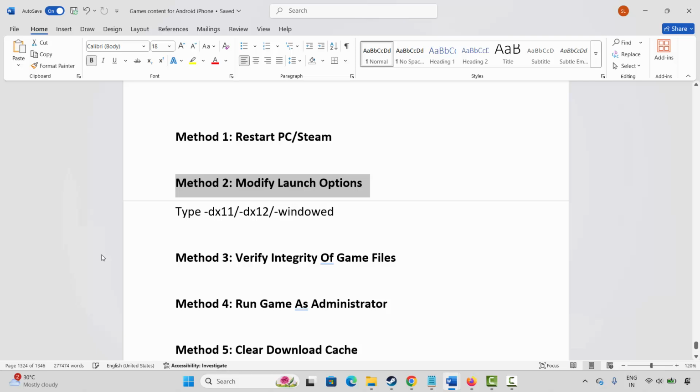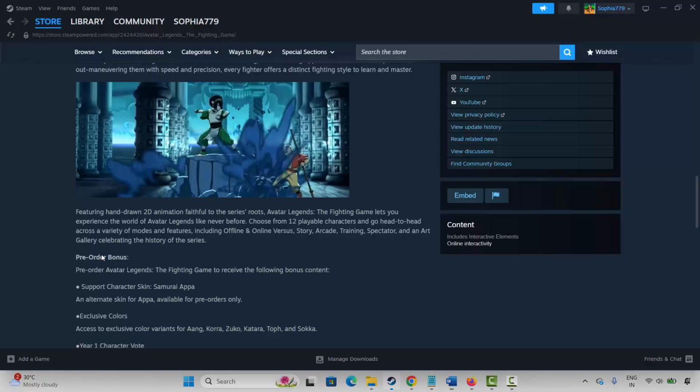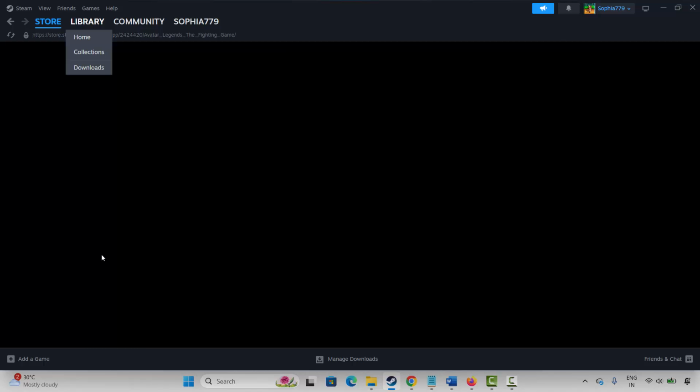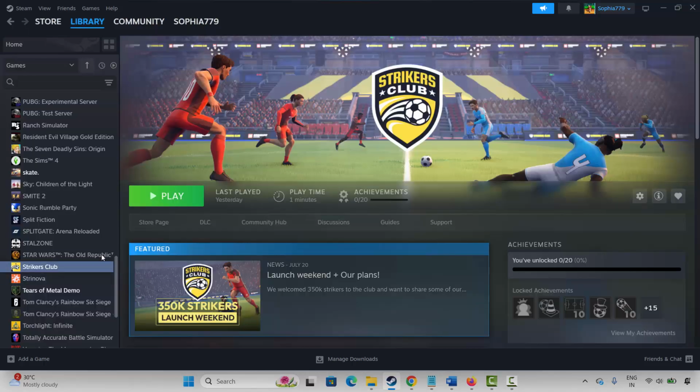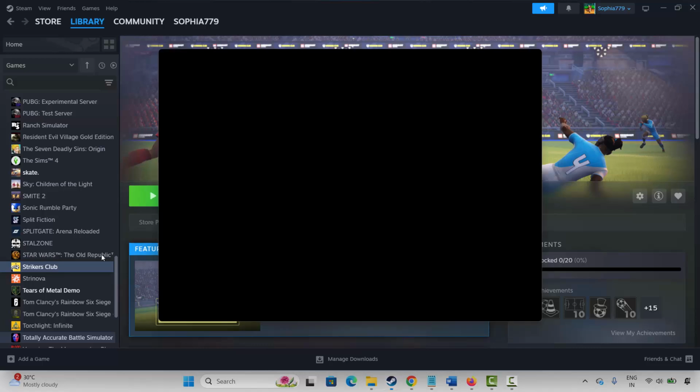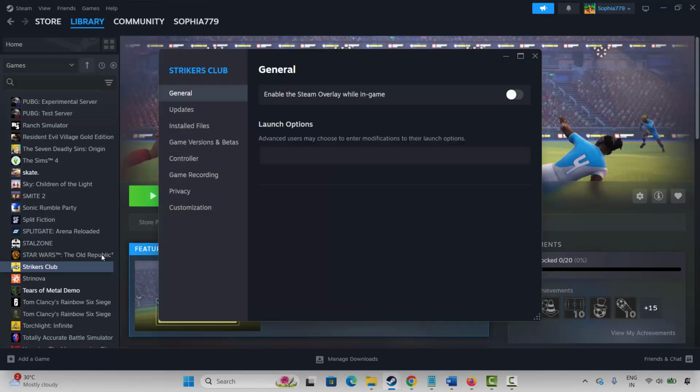So for that, you have to go to Steam under library section, select your game. Here I am showing an example. Now right click on it, click on properties. Now under general here you have to type -dx11 and then launch the game and see if it helps to fix the issue. If this doesn't work, come back again, type -dx12 and then try to launch the game and